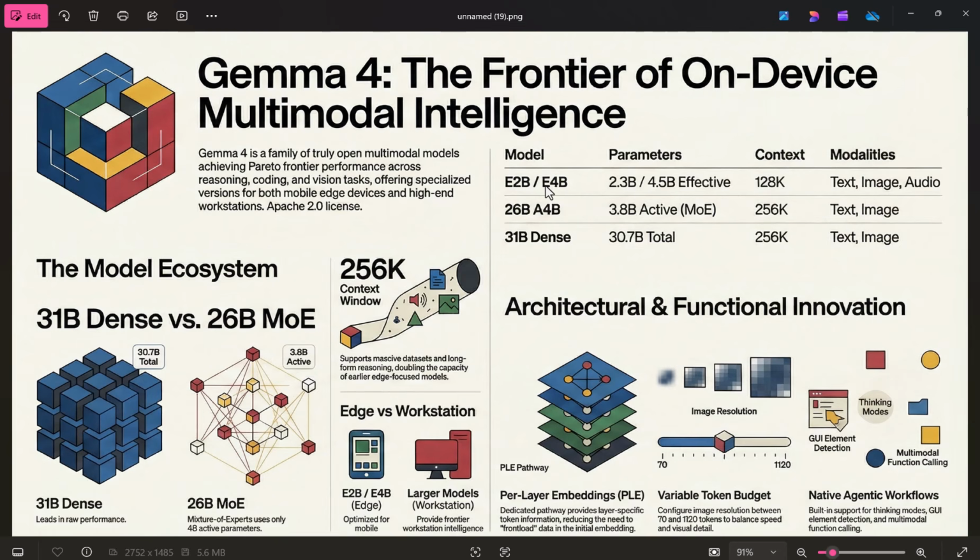There are two categories available in this particular model. They have effective 2 billion parameter and effective 4 billion parameter. Basically, E stands for effective. And they have this 2 and 4 billion parameter model, and they say these smaller models are made for edge devices like mobile devices, personal computers, and also IoT devices. The context window for these kinds of models is 128K tokens,